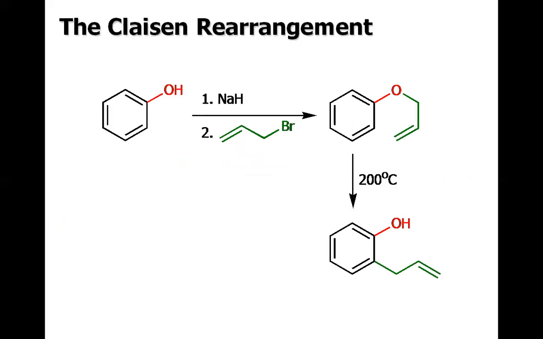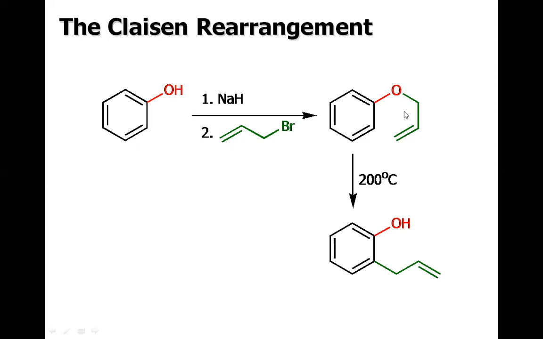The Claisen rearrangement. This is another type of reaction. Basically, this type of reaction fits for both categories, that is, for the phenolic hydroxy and the phenolic aromatic ring system. First of all, we deprotonate the phenol with the help of sodium hydride, another base, and we have the phenoxide anion, and then it is treated with allyl bromide. So this oxy anion will attack here at this terminal carbon. So this pi bond will move here, and bromine will be expelled out. We will have this allyl attached to this oxygen. So this is O-allylation.